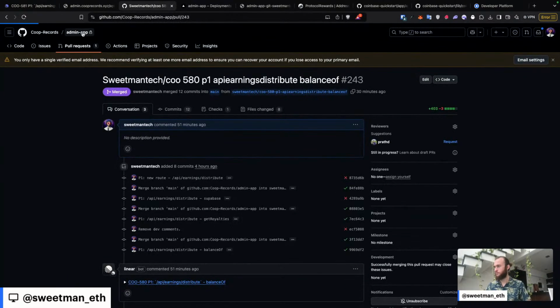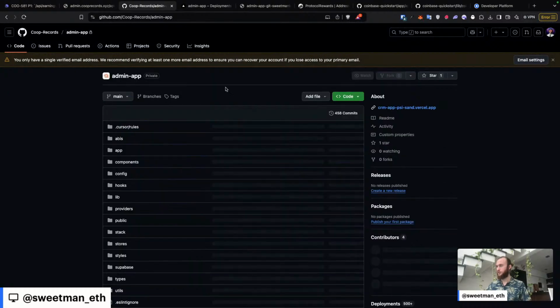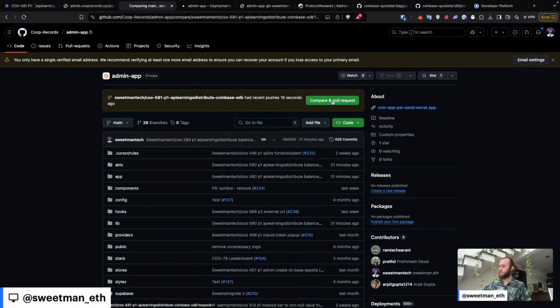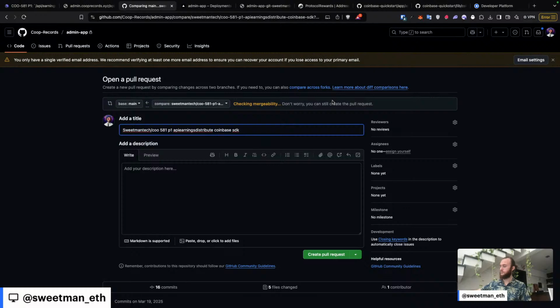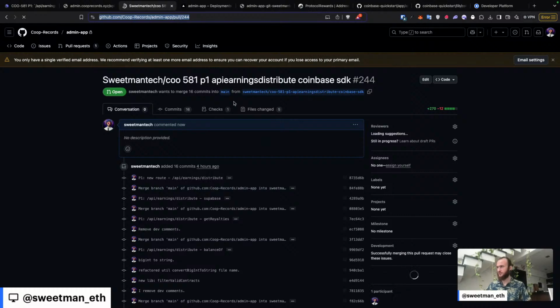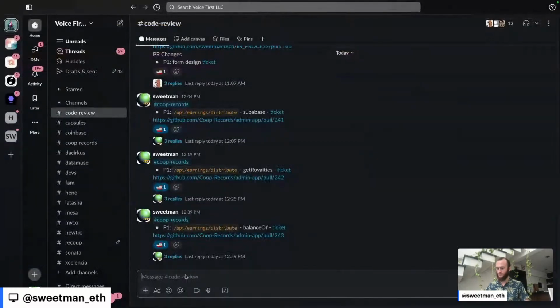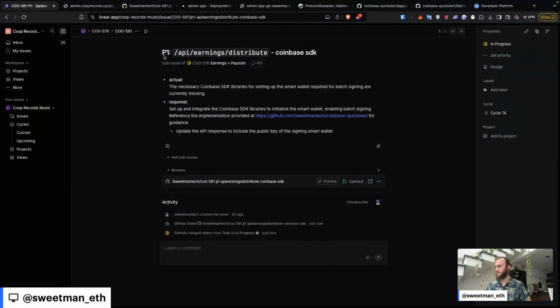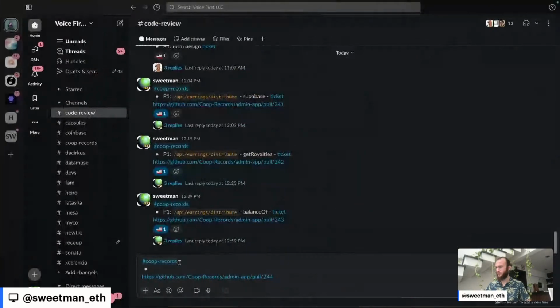Let's go back home. Should be auto-prompted here to set up a pull request. There it is. Create the pull request. Take the link for the pull request, go over to Slack, hashtag CoopRex. Take the ticket, put the ticket,